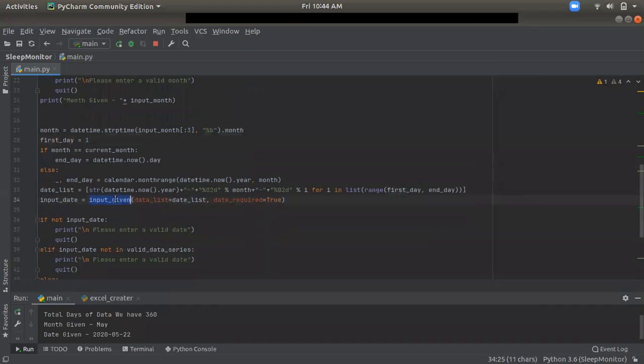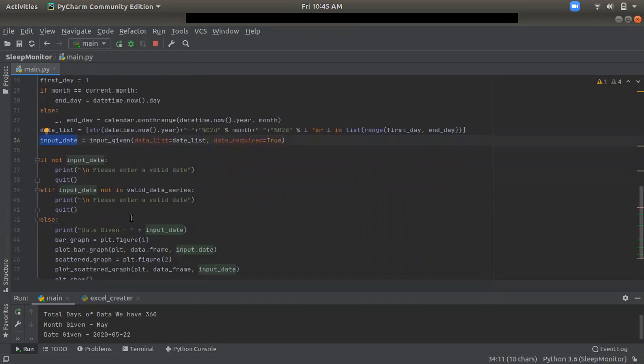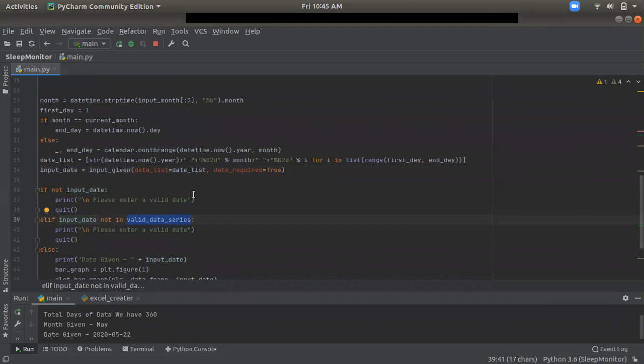After that, this function will ask for the date. So in this line it will create the range from the first day of the month to the end day of the month. In this file you can see we created the date formats. Then we pass the date list here to the input. Now whatever date is given as input, if it's not in the valid date list, meaning if it's not in the date list,